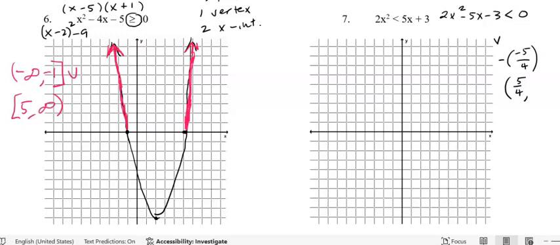I got negative 6.125. So that's 1 1/4. And then down just a little bit more than 6. 1, 2, 3, 4, 5, 6, and just a little bit more. All right. And then, again, you just need the vertex and the 2 x-intercepts, which means you're really just thinking